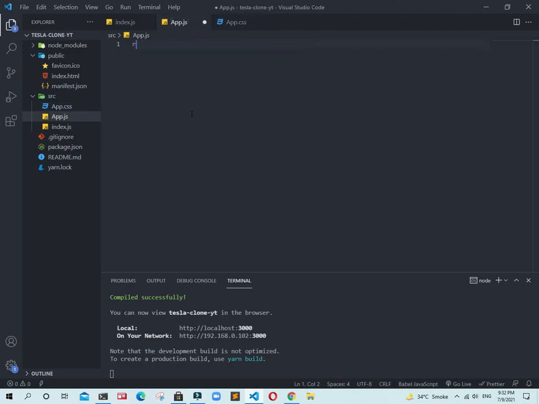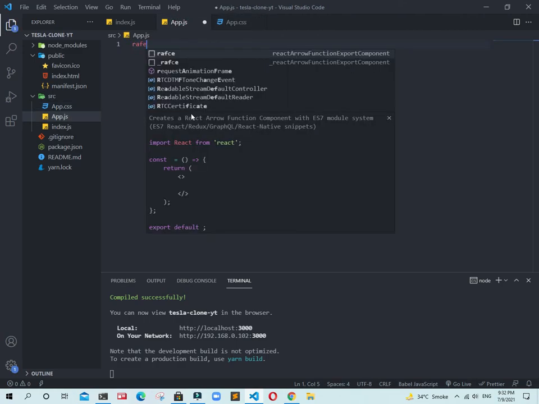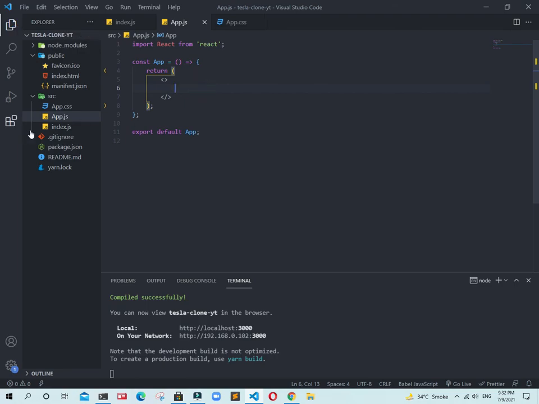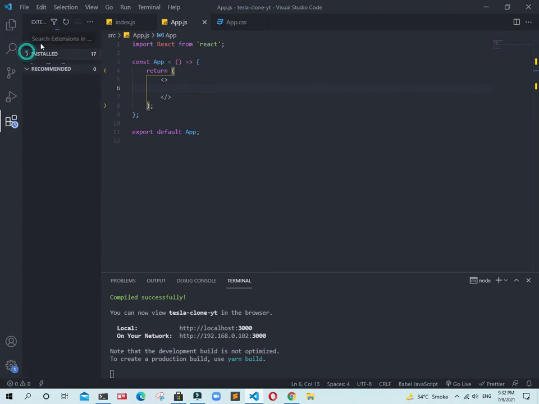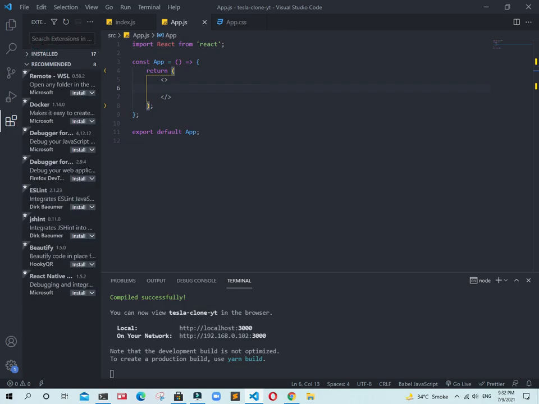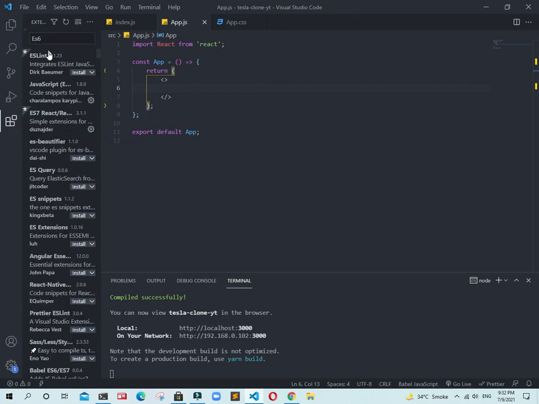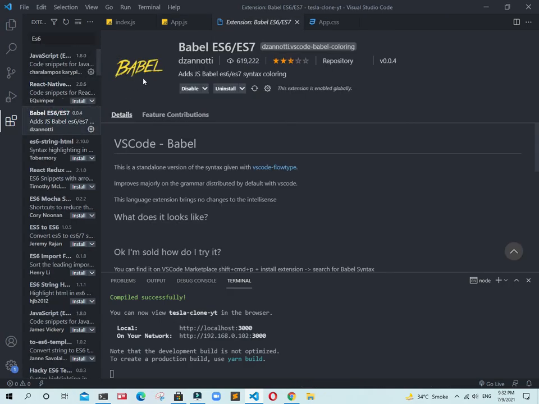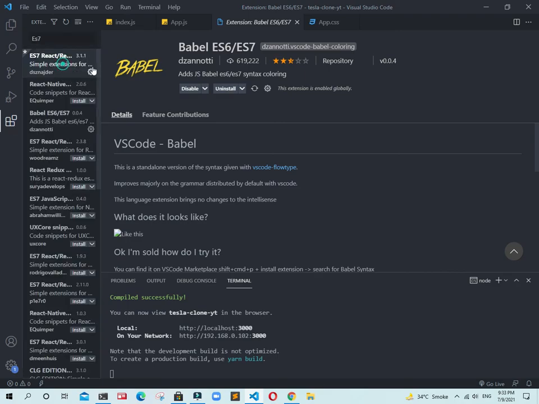Now go to app.js. I just type RFCE. It is a code snippet which is provided by an extension. Go to extensions. We need to install it: type ES6, and it will be displayed. First you need to install this ES6 extension, and also one more extension. If I type ES7, yes, it shows this one.